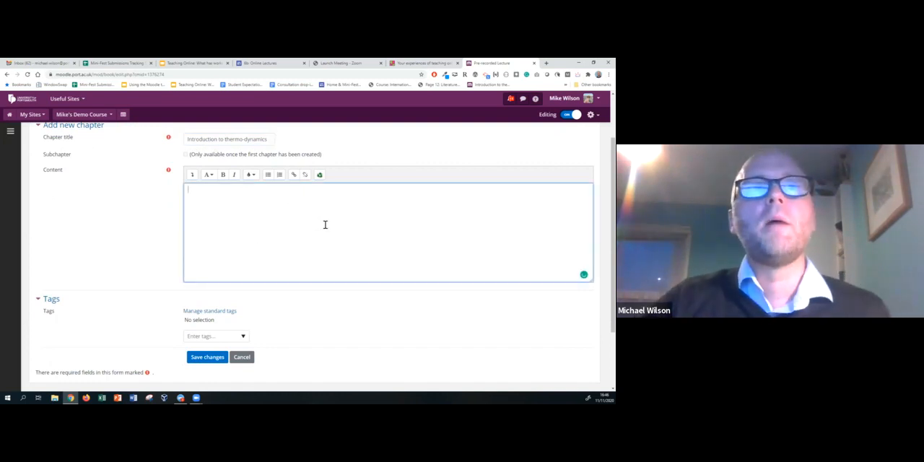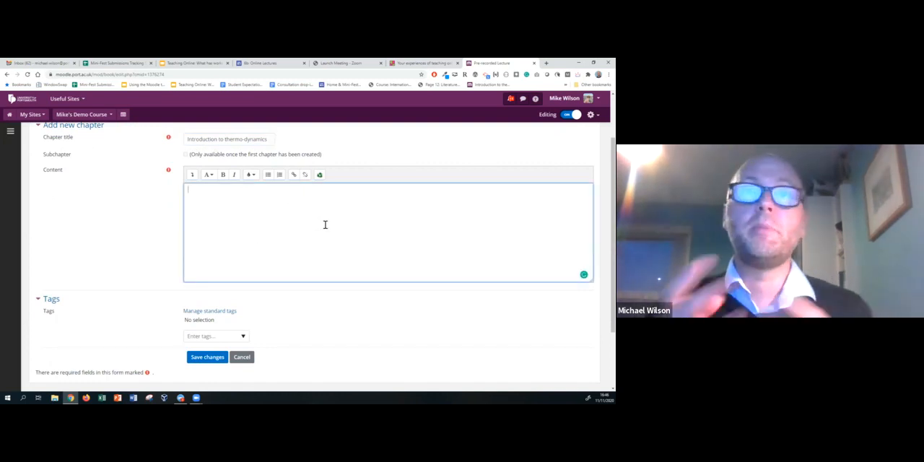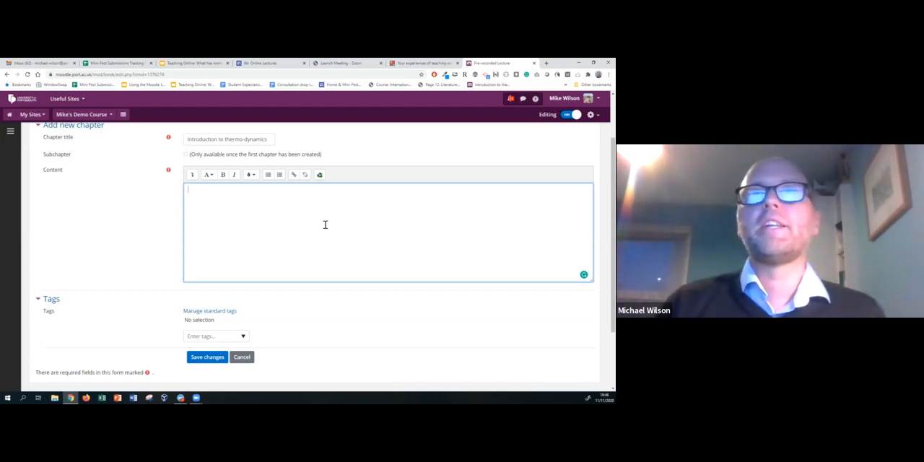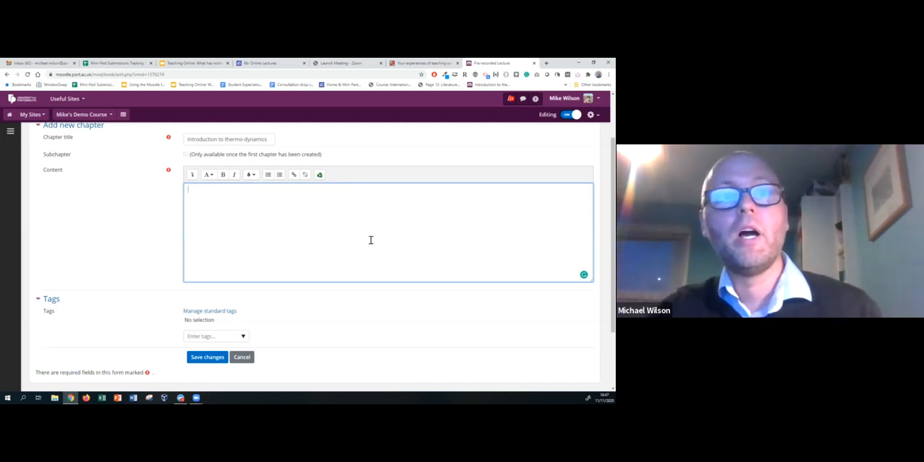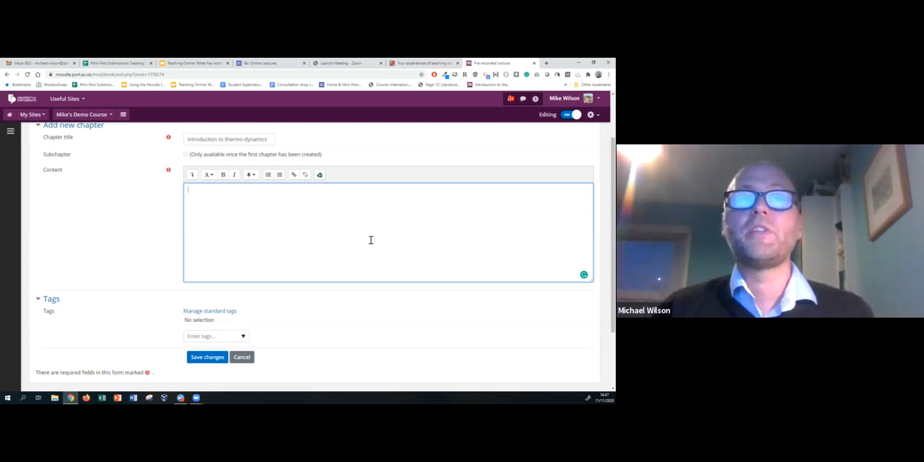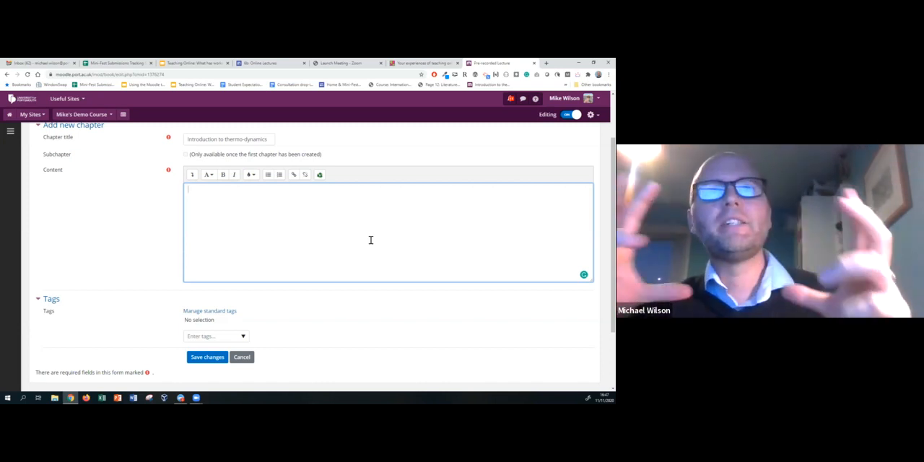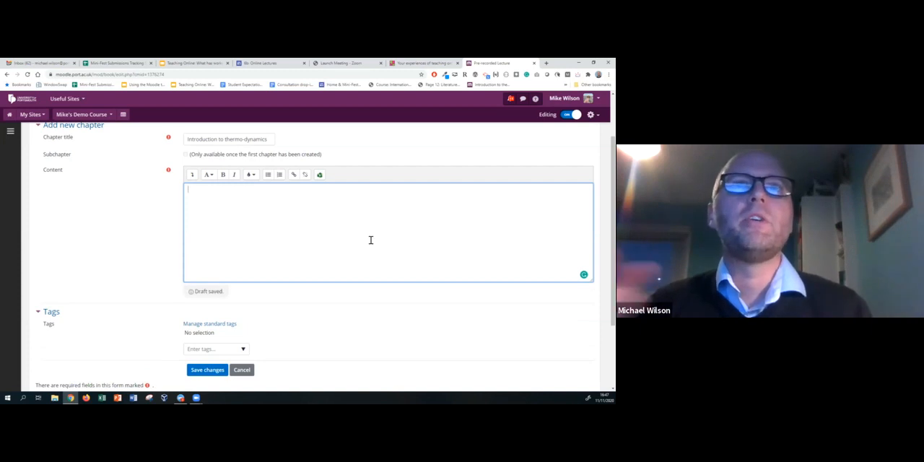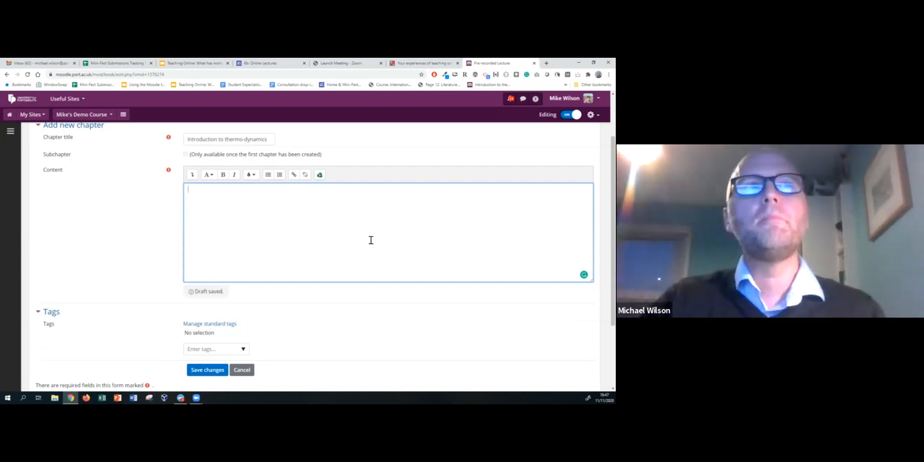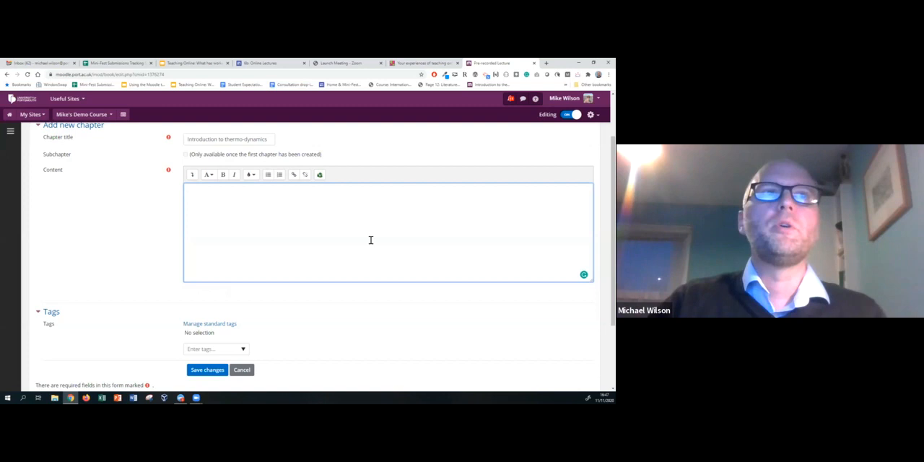the content. So what you could do is that this could be typed content. You could type directly into this box or copy existing content in. You can embed H5P activities within the chapters. That's a good thing to do, because those are really interactive elements that you can include. But quite typically, what you'll do is you'll include